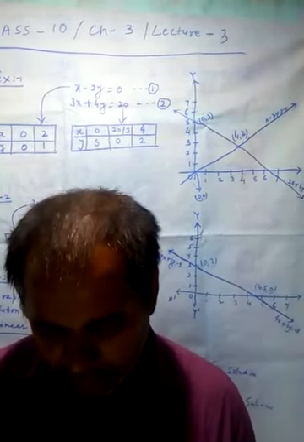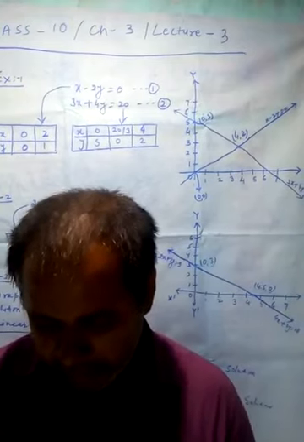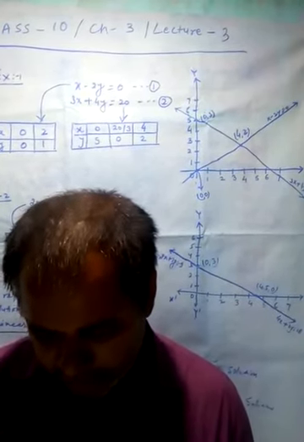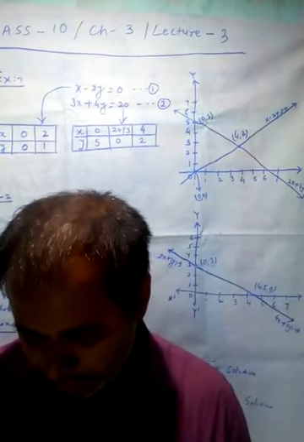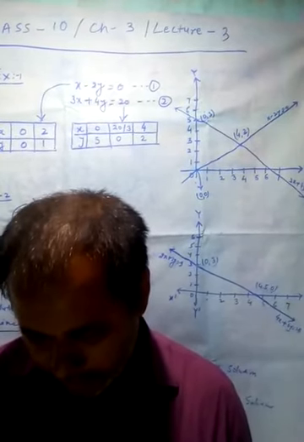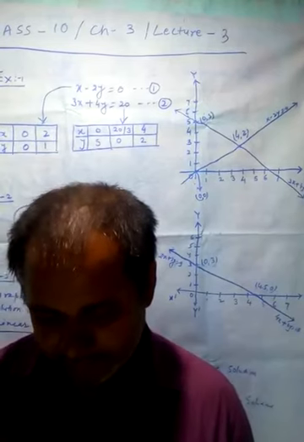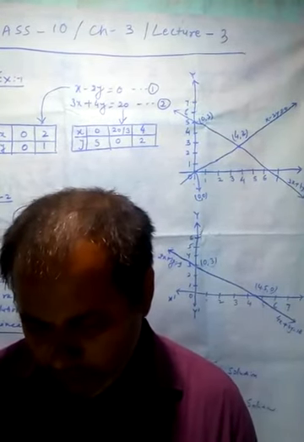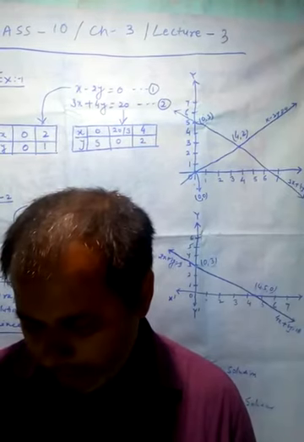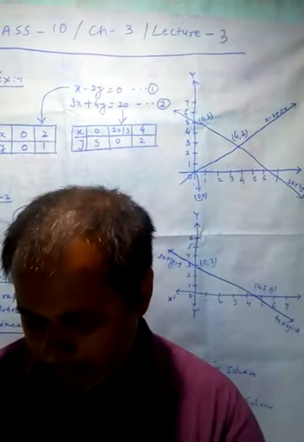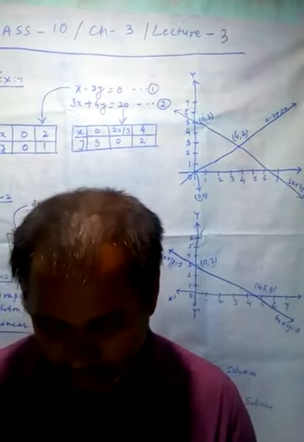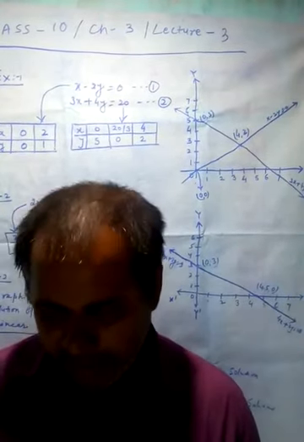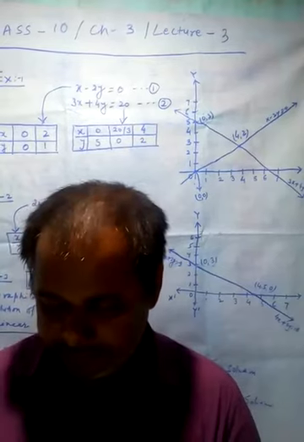Number three, the lines may coincide. In this case, the equations have infinitely many solutions, a dependent pair of equations, that is consistent. Let us now go back to the pair of linear equations formed in examples 1, 2 and 3 and note down what kind of pair they are geometrically.